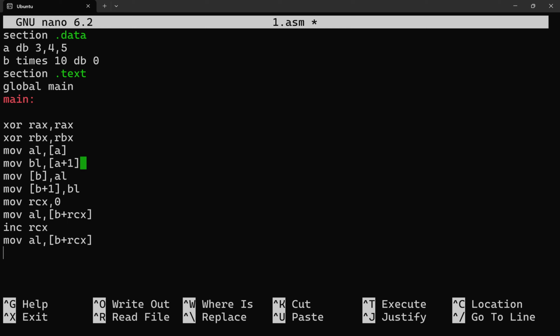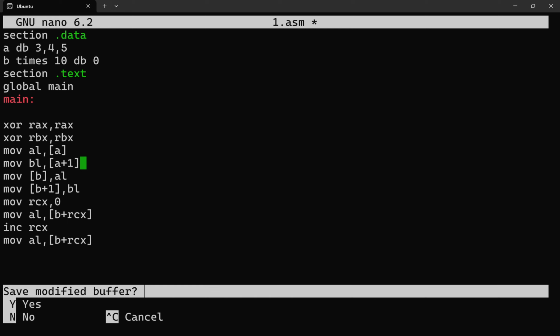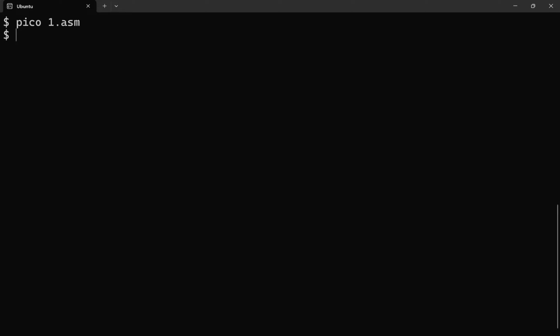In order to see the result, we will save the file. We are going to create an object file using NASM to assemble the code. We use the -g option for debugging, and we are going to create an ELF64 object file for Linux. Now we have the object file. From the object file, we're going to use GCC